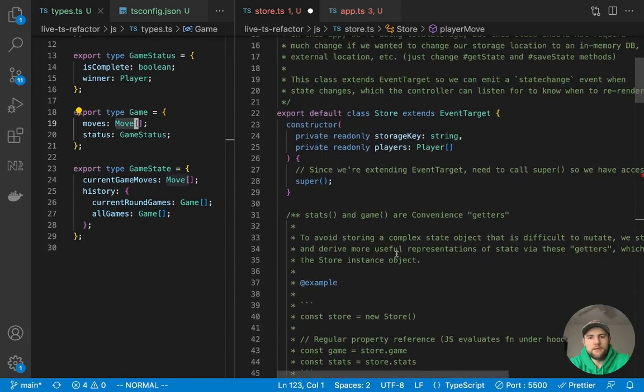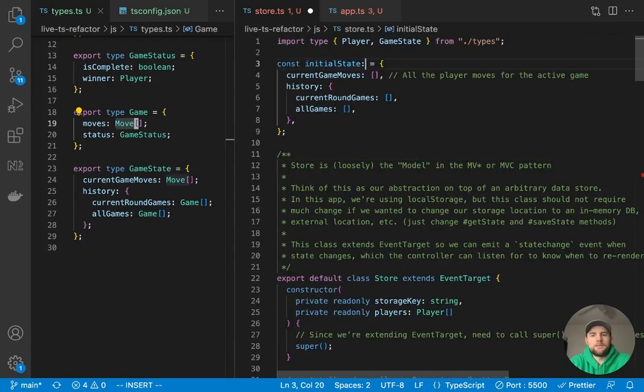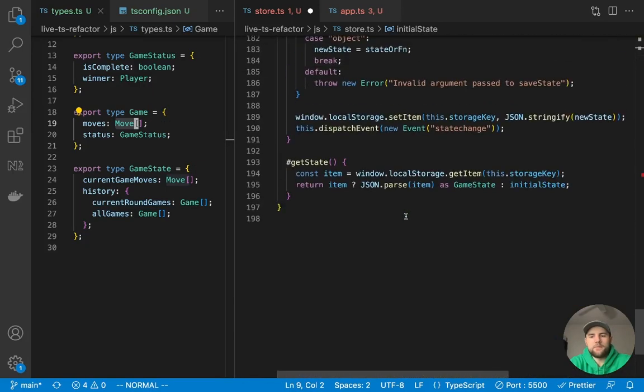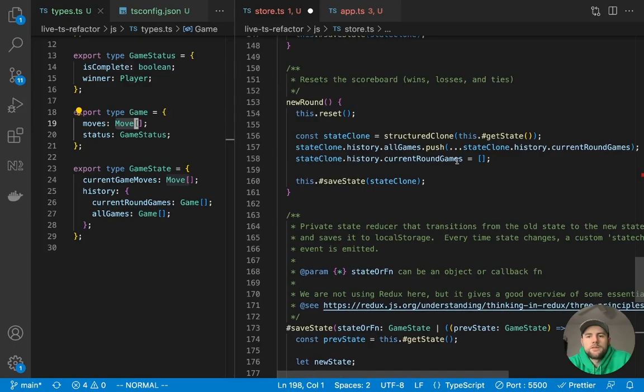Where would we fix that? One thing we can do is give this initial state a game state type. So now anywhere we pass that, it's going to recognize it. So right here, the initial state is of type game state. So if we look here, the structured clone method is actually similar to local storage, where it's a browser API, and by default, it's not going to type anything.